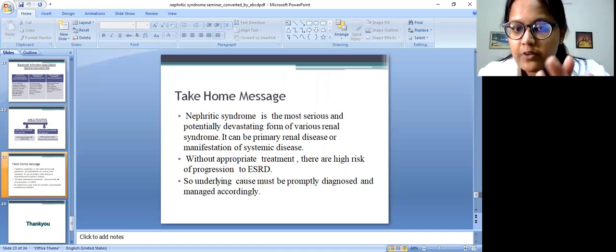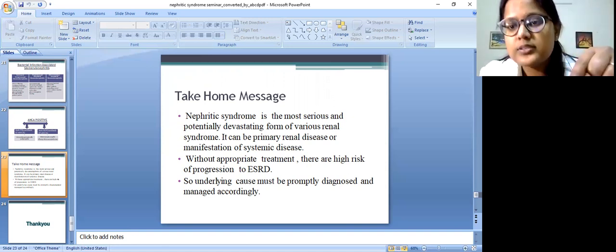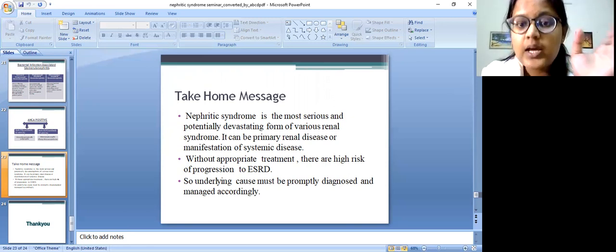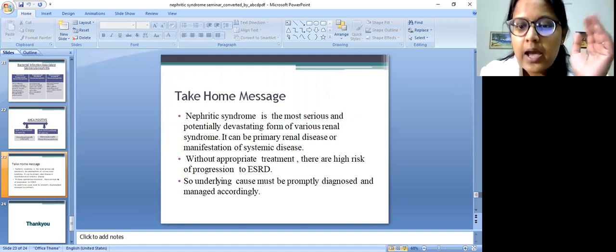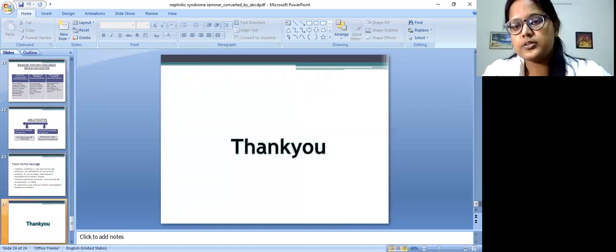The basic thing for nephritic syndrome is that if you don't treat nephritic syndrome, it results in end-stage renal failure and your patient will lose his kidneys. He'll go into dialysis and then remain on dialysis throughout his life. So it is very important to evaluate the cause of nephritic syndrome. What is the underlying cause, which causes this syndrome? Because it is a clinical feature, it's not a disease itself, right? So without appropriate treatment, patient will definitely end up in renal failure. And that's why you have to diagnose it clearly, what is the baseline which causes the nephritic syndrome.